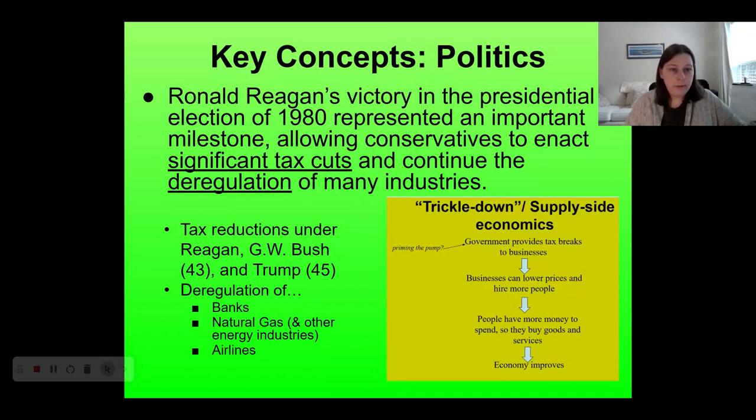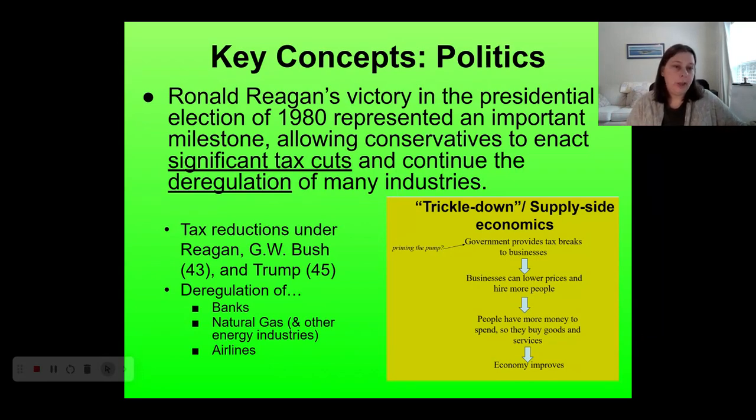Another feature of neoconservative economics that the College Board calls out specifically is deregulation. Ever since the progressive era, the United States has been building more and more regulations. We've been regulating businesses more: you can't put rats in your meat, the banks have to follow certain rules, child labor laws exist, more and more regulations. Now the argument of neoconservatives is that we've gone too far. There are so many regulations that businesses can't really do business anymore, and we need to cut some of that red tape and roll back regulations.